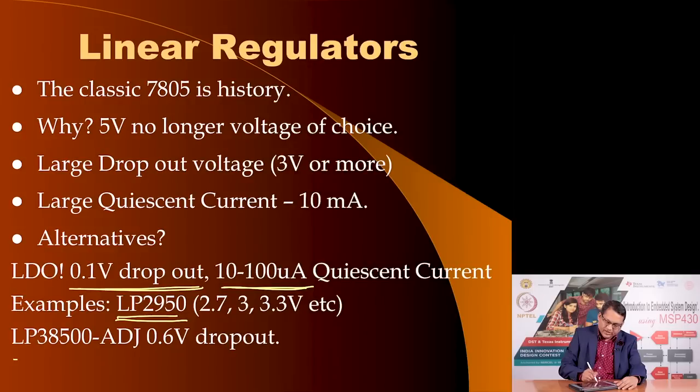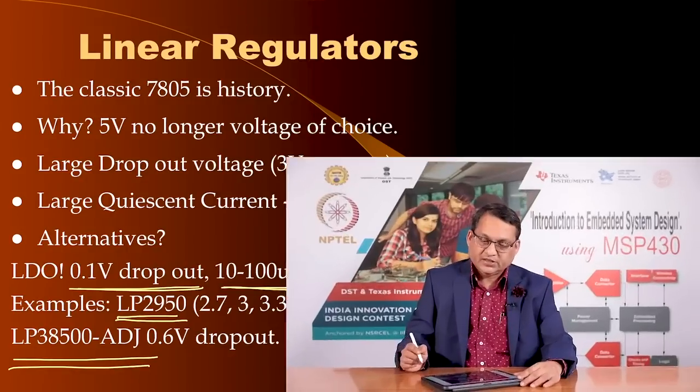Another adjustable voltage regulator of the LDO variety is LP38500, and this requires a 0.6 volt dropout voltage, which is still much lesser than the 3 volts that a 7/8 series requires. Now, linear regulators are great, they are simple to use, but one of the big problems is that they are very wasteful. If your battery is say a 12 volt lead acid battery and you want to power your circuit at 5 volts, so the linear regulator would get a difference voltage of about 7 volts,